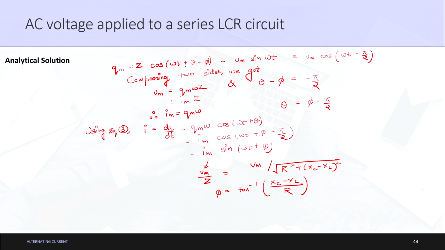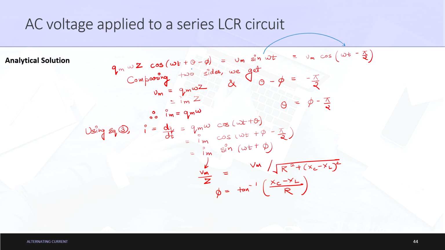Moving forward, so cos(omega t plus theta minus phi) can also be equated to Vm sin omega t, and using this comparison or basically writing sin omega t here, we can write it as equal to cos(omega t minus pi by 2). That thing being said, if we compare the two sides, we will obtain Vm, which is equal to qm omega Z. In the place of qm omega, we can also write Im, because we know that V is nothing but some value of I into some analogy of resistor. That resistor in terms of the LCR circuit is basically given by impedance. So, therefore, we write this equation as Vm is equal to Im into capital Z,